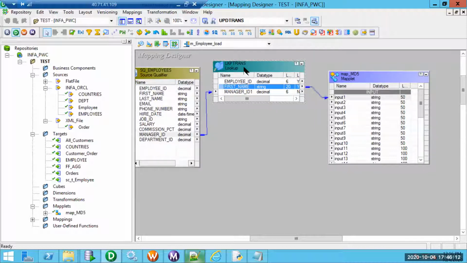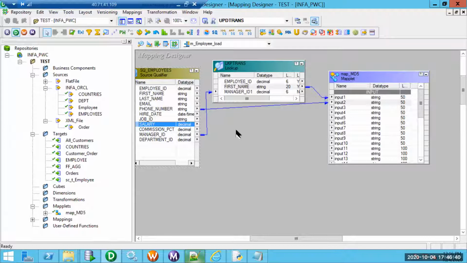Let me see if I have any other potential things which can possibly change. If there is any change in name, usually this is not a potential candidate. Names don't change frequently, and I don't want to retain such history. Email ID does not change. Phone number: if an employee's phone number changed over a period of time, I want to see which all phone numbers he had earlier.